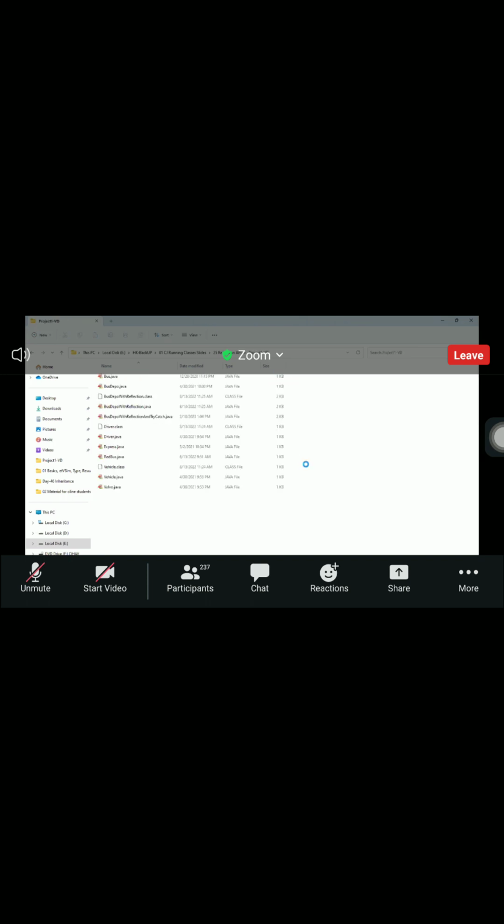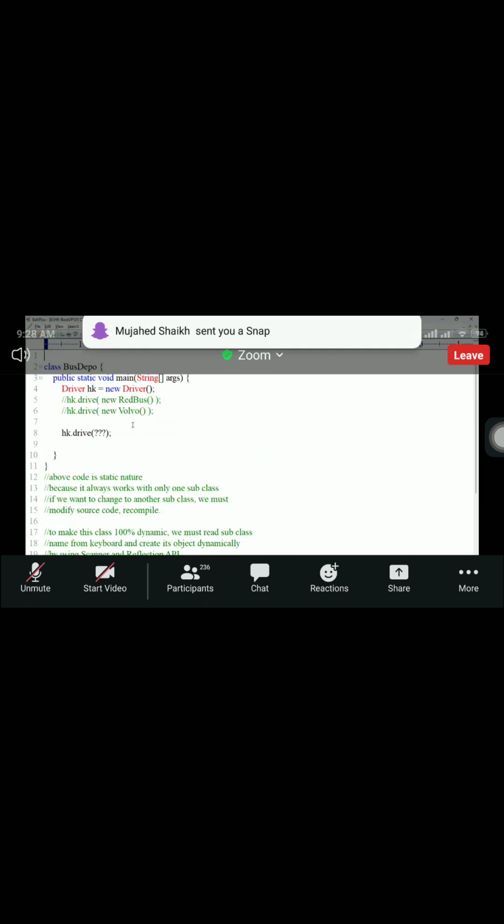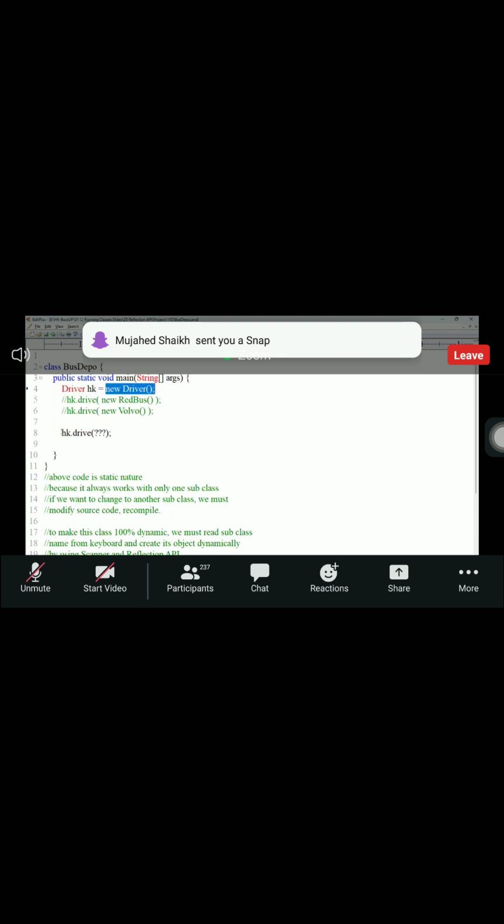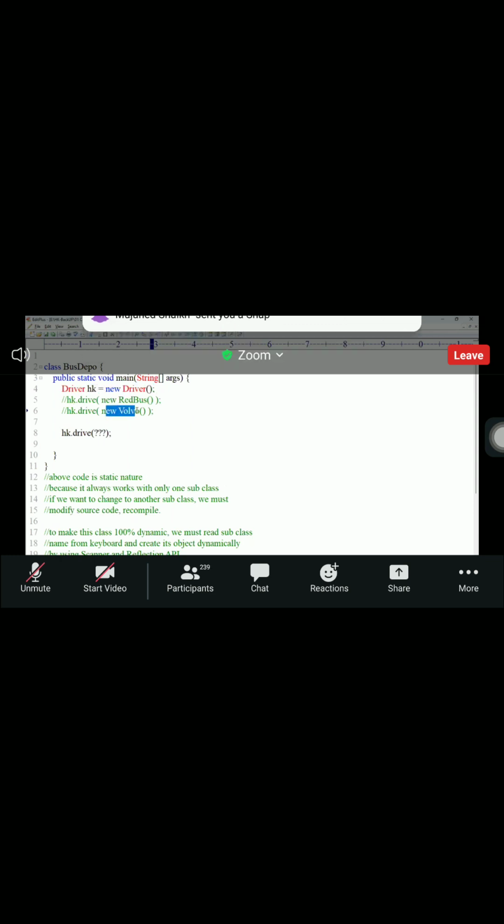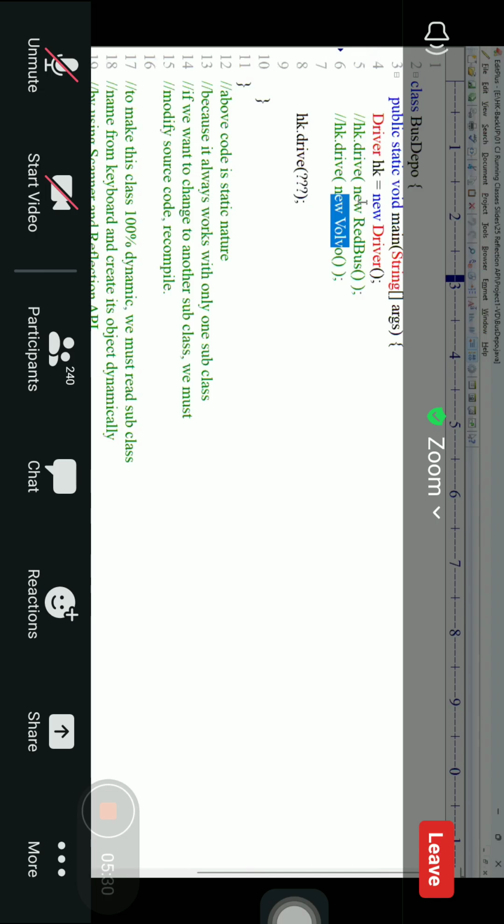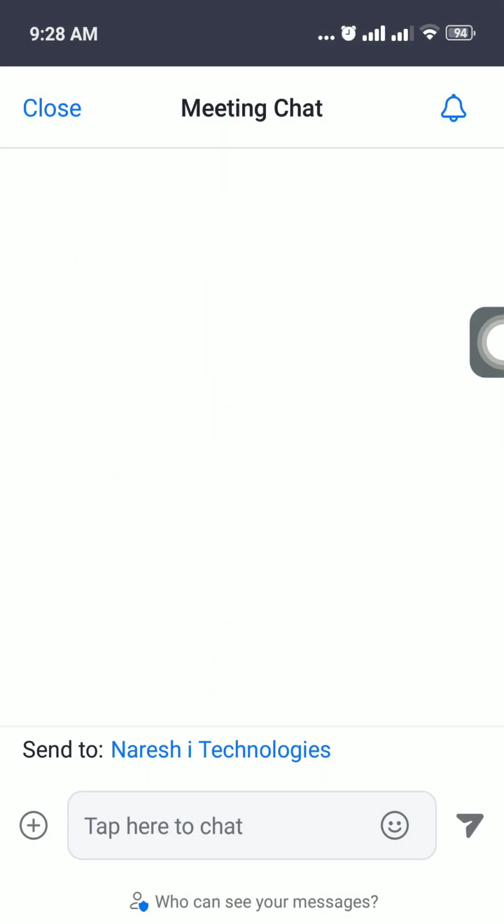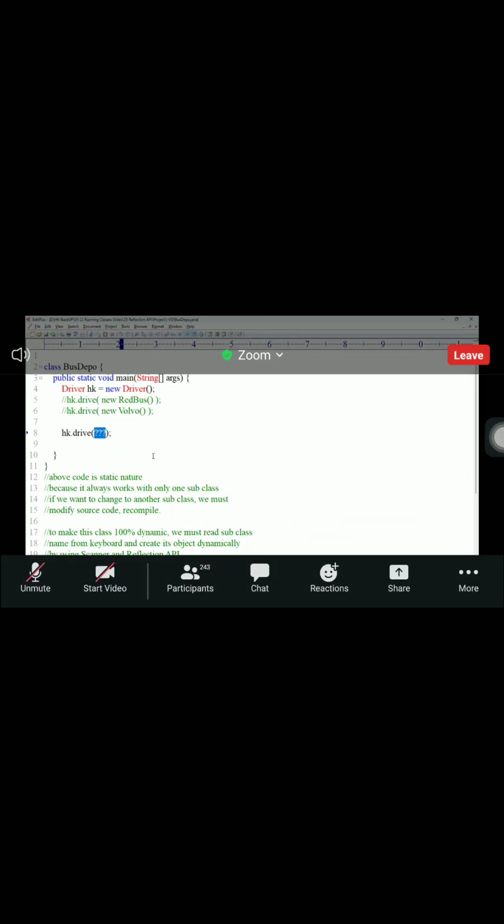Okay. How is the solution done with Reflection API? I don't want to explain anything. Directly, I'll show the code. First I'll show the code, then I will explain. This is the bus depot class. Driver HK equal to new driver. Every time I want to change the bus, I have to modify the driver method's subclass object. Time to time, I have to change the subclass object. It is a burden to the user programmer to modify the code. So here I must pass the subclass object dynamically by reading